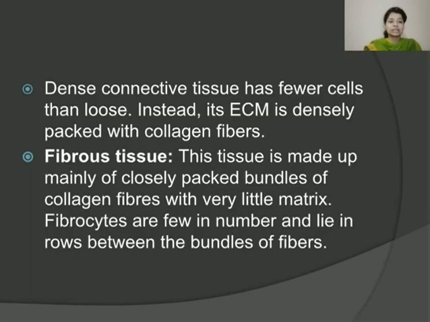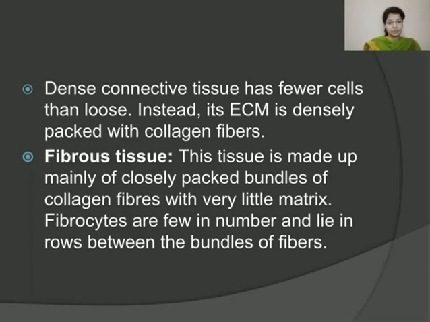Next, coming to the dense connective tissue. Dense connective tissue, as the name suggests, has fewer cells than the loose connective tissue, right? Instead, its ECM is densely packed with collagen fibers. It has a lot of collagen fibers. Dense connective tissue is further subdivided into two categories, one being fibrous tissue and the other being elastic tissue. Talking about fibrous tissue, this tissue is made up of closely packed bundles of collagen fibers with very little matrix in it, and fibroblasts are very few in number,